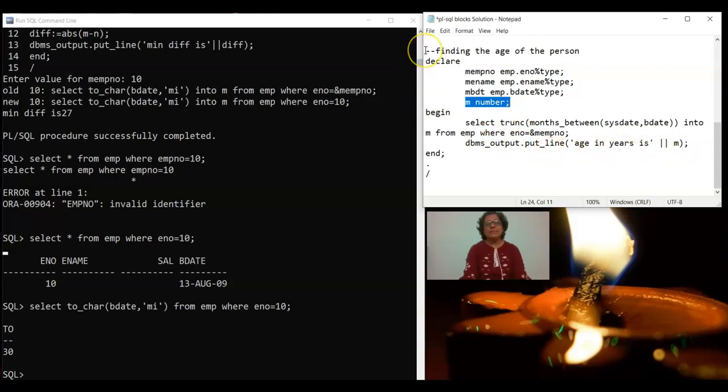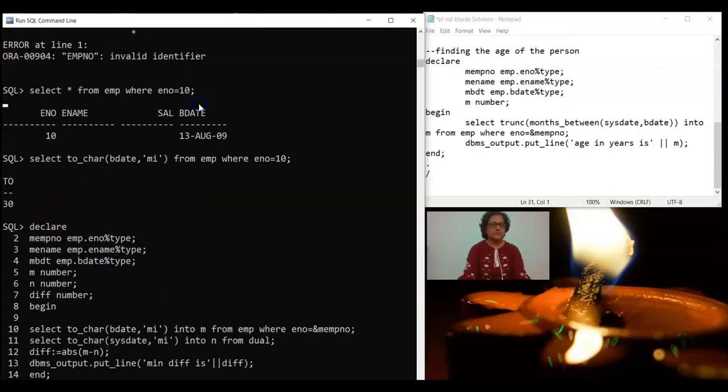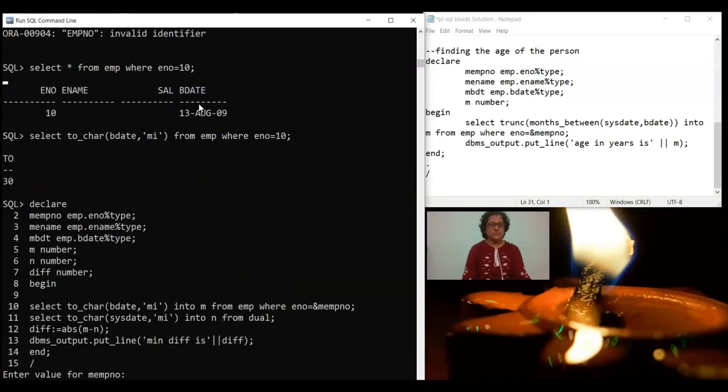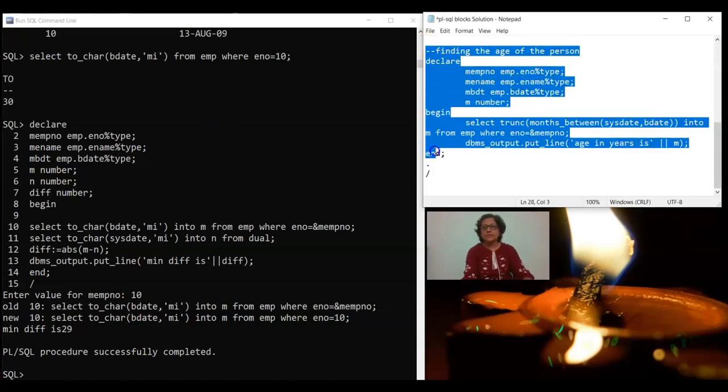And dbms_output.put_line age in years is m. So I'll execute it. And by the way, this is a commenting. When I give double slash, it's a comment, so the comment has been given at the beginning. I copied, I pasted, I'll execute, I'll give 10, and it is giving me 29 because I have given, I'm so sorry, one which I wanted to.